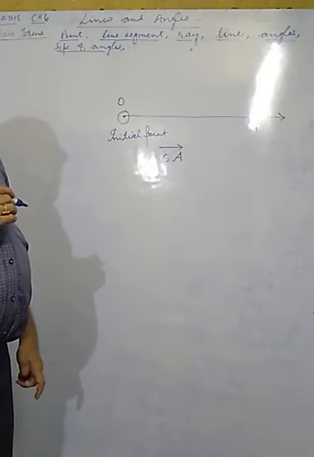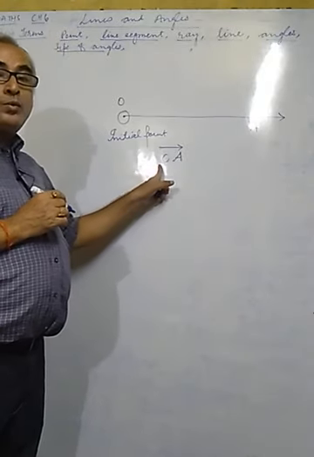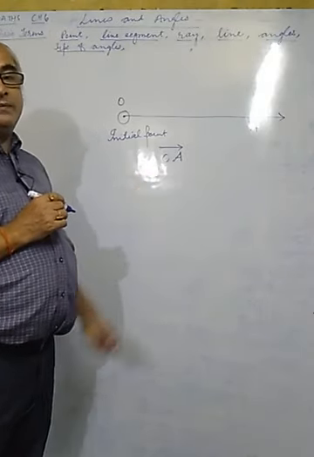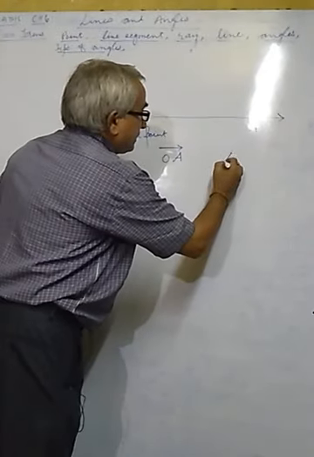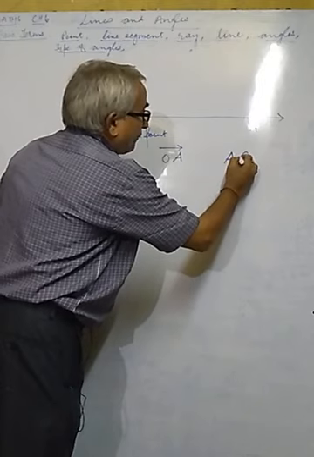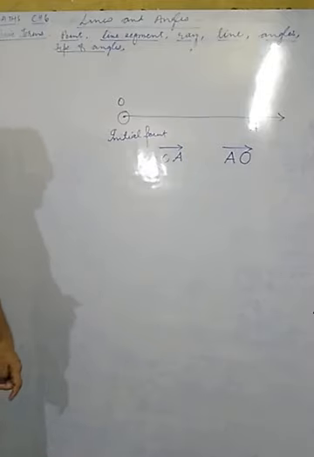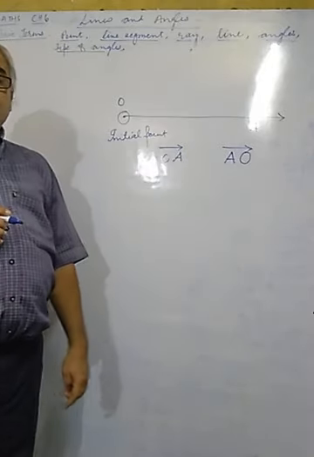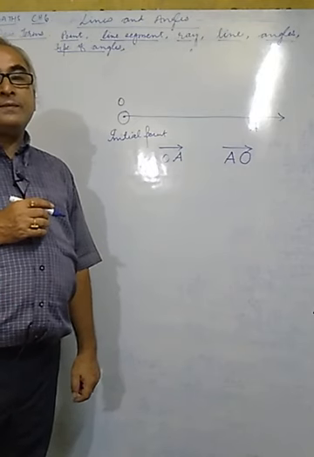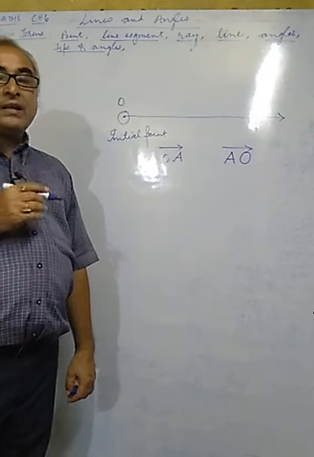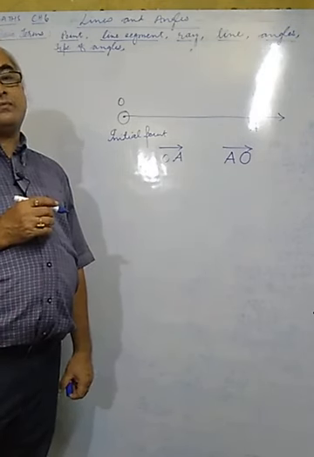So which one is the initial point here, A or O? It is obvious that O is the initial point. Now you may mark it as AO, where the letters are changed. So can you tell that both the rays are the same? Just think and respond. Definitely you will find that both are representing different rays.